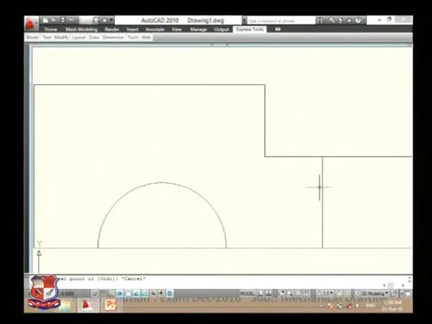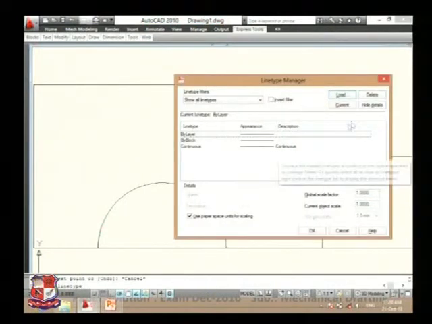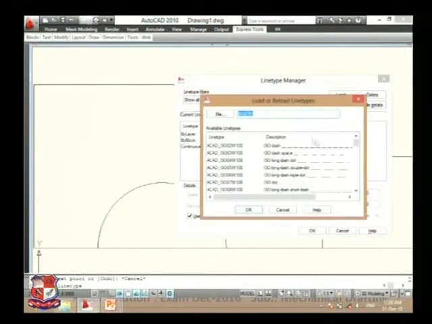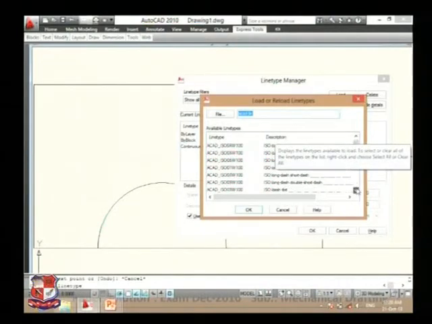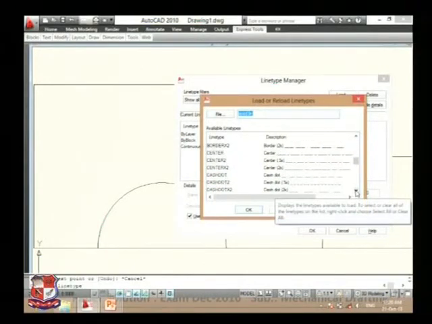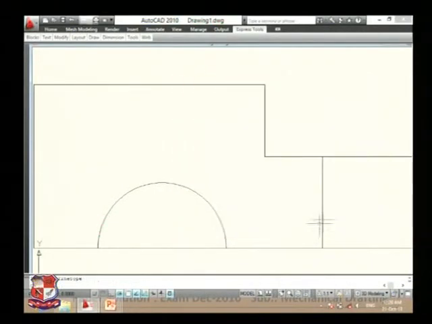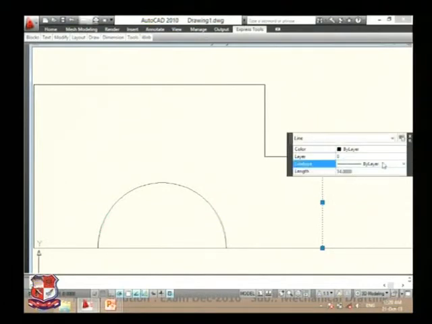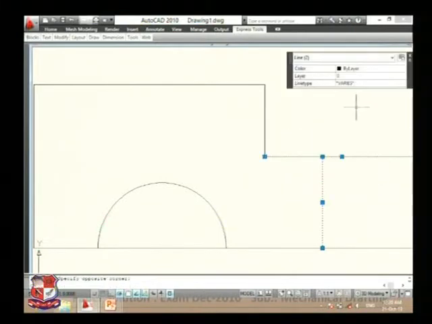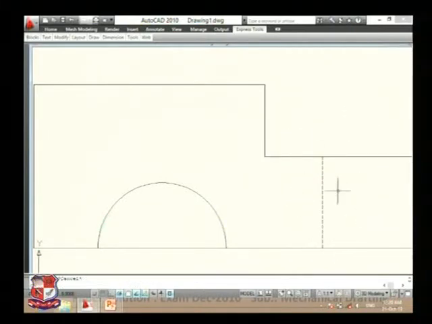Now to convert this line into dotted line, we use line type command. Line type, enter. Here it will ask about options. Load the line type. In line type you have to load dotted line. So click here on dotted line. Various lines are there. This is the dotted line or dash line. OK and OK. Now you click on this line and select here line type. It's a dashed line, so it will be converted into dashed line like this. So this is the conversion of full line to dashed line.